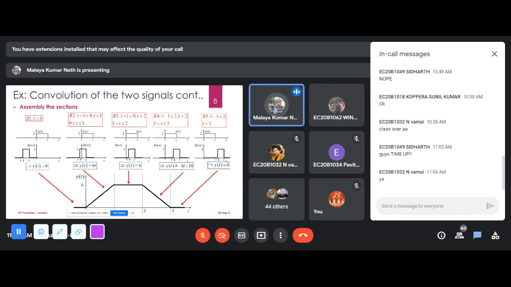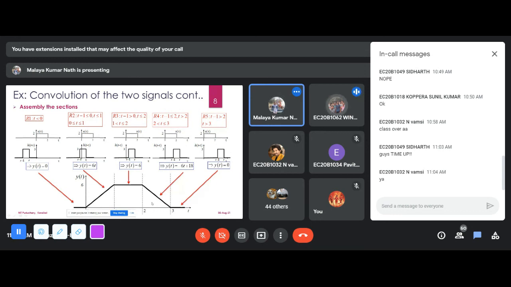Here I am talking about the convolution, that is the response of a system for a particular input. When we are talking about the response of a system, basically we are calculating how the system behaves, or what the system output is for a particular input. So if the input given to the system is x(t), and the system response is h(t), then if you perform the convolution, this is the output of the system. You are talking about the characteristic equation; I am not worried about that. So this is the output, how it will come out.